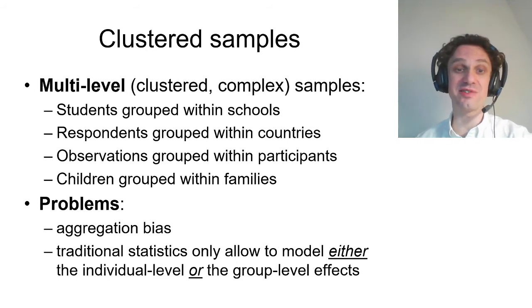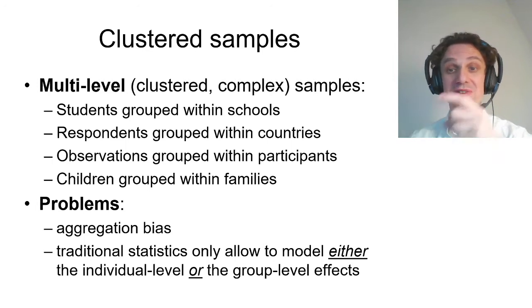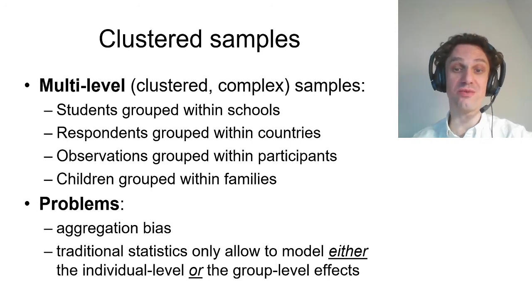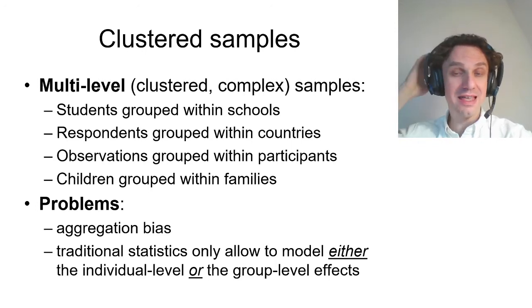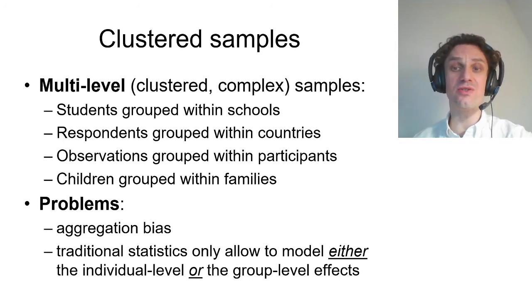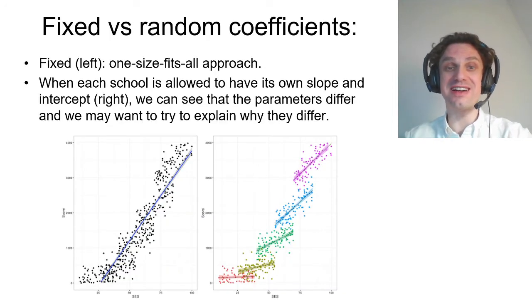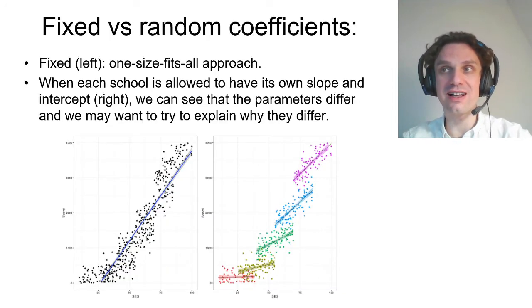And as we discussed before, if we don't separate the two levels of variance, we get a very blurred picture. We get aggregation bias. And unfortunately, traditional statistics don't really do a good job at separating those two sources of variance. So as an example,